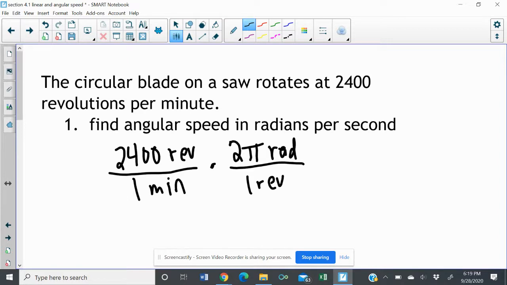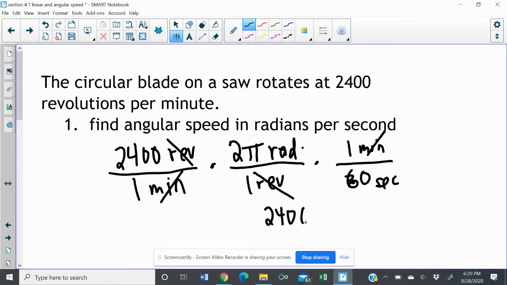All right. So now that will get rid of the revolution, and I'm left with radians per minute, but I need radians per second. So therefore, I need seconds in the denominator. So 1 minute is 60 seconds. That gets rid of my minute, and I'm left with radians per second. So just on your calculator, 2,400 times 2 times pi divided by 60, and it will give you an answer